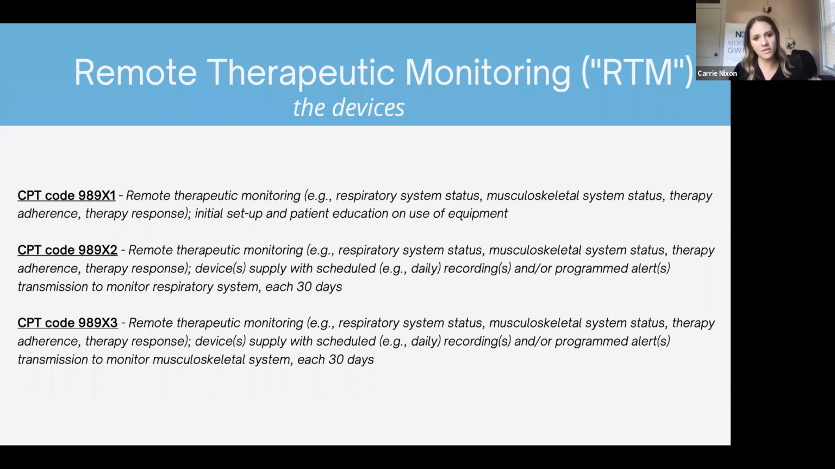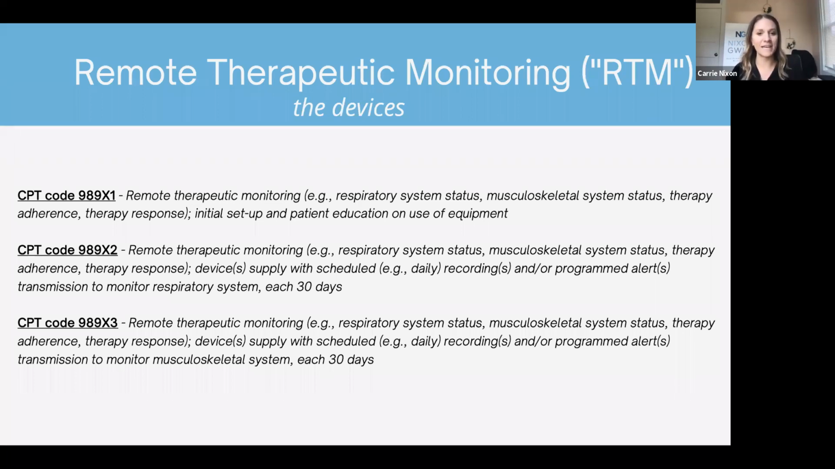And so understanding those codes will help us all understand what's been proposed for RTM, and most importantly, the feedback that we can give to CMS to make sure that they get these codes right in that final rule at the end of the year. So if you are familiar with RPM, then you know that